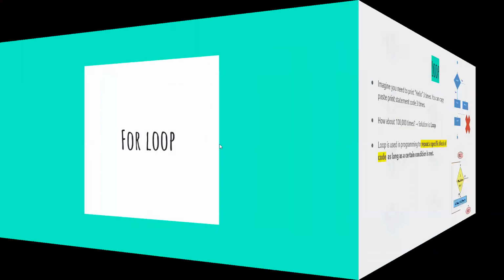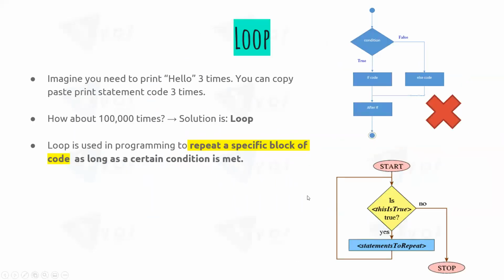All right, so we understand that the for loop is helping us to repeat things. And this is basically the flow chart of this. I ask the question, am I at this point where the condition is not satisfied anymore? If the answer is no, all right, is it true? Yes. So if it's true, then keep going and repeat the statements, increment, go back, repeat. If it becomes false, 5 is not less than 5, then exit, all right? So in this case, a loop is used in programming to repeat a specific block of code as long as a